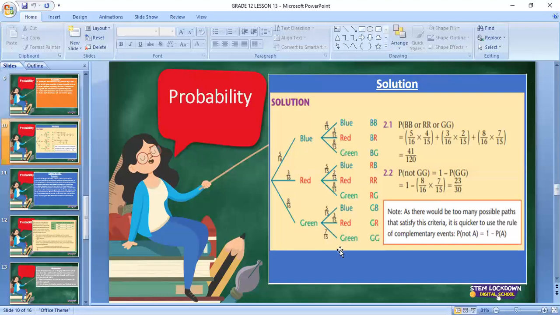So these are the possible outcomes. Combine them together. You can have blue, blue; blue, red; blue, green; red, blue; red, red; red, green; green, blue; green, red; and then green, green. Okay, now the question says